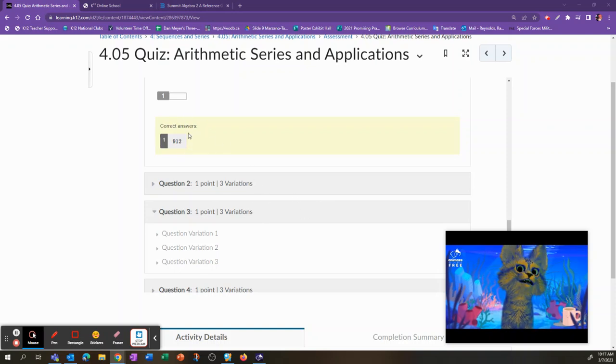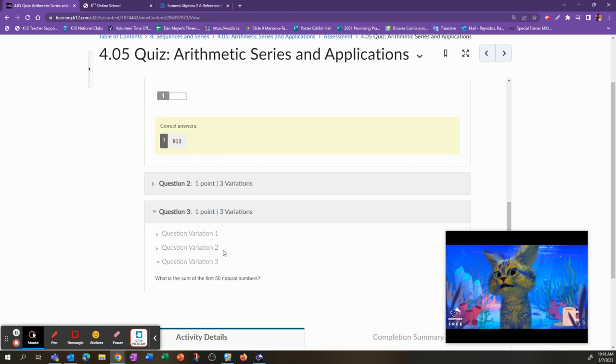I did questions 1 and 2. Here's one of the answers for question 1, but we don't know what it says. So let's just ignore that. But you have that. If you get 912, then you're probably right. Hopefully. All right, let's take a look at question 3 because we only did